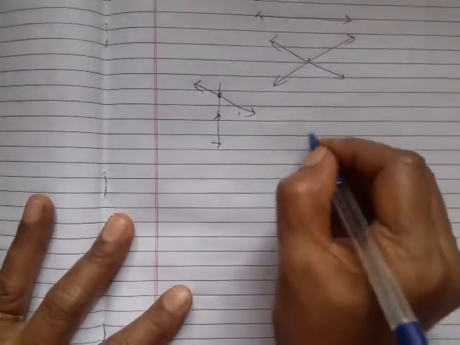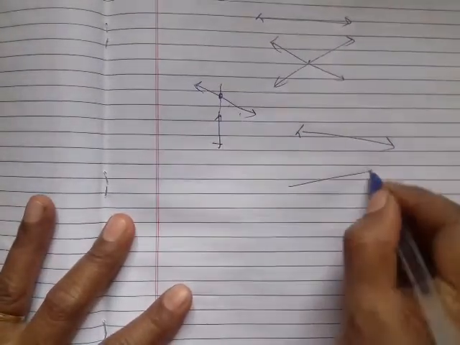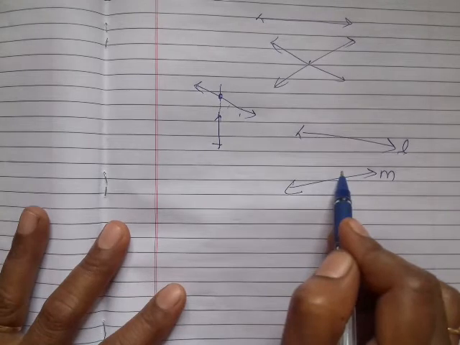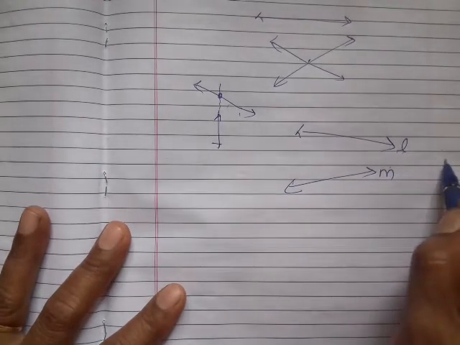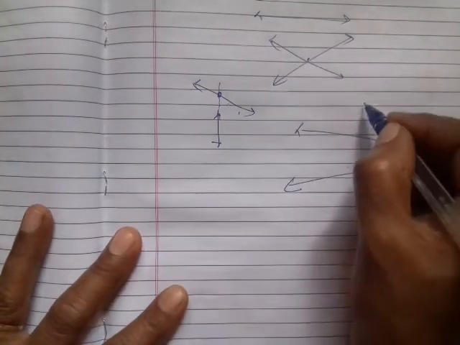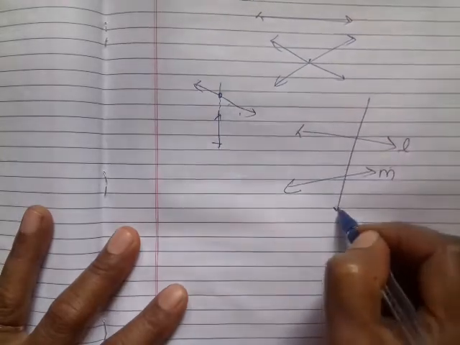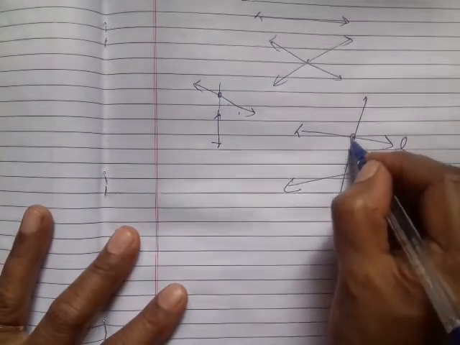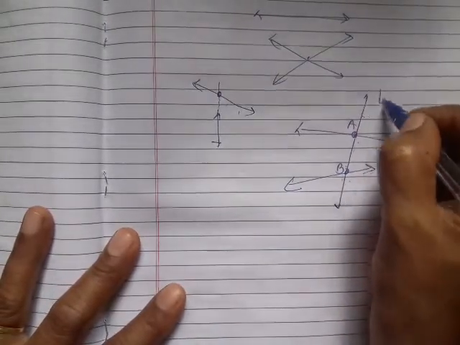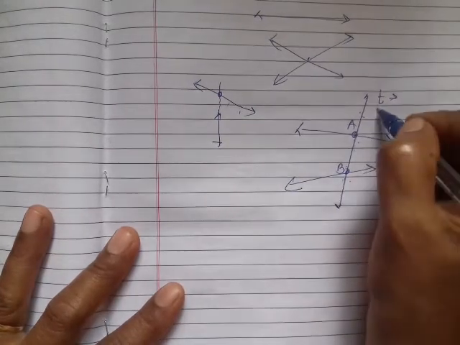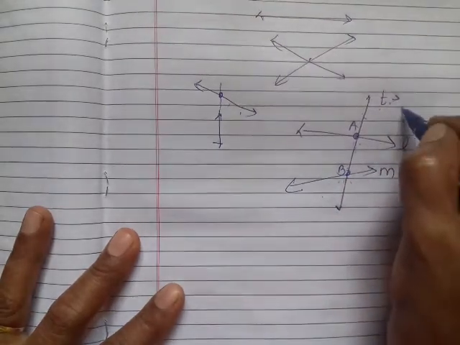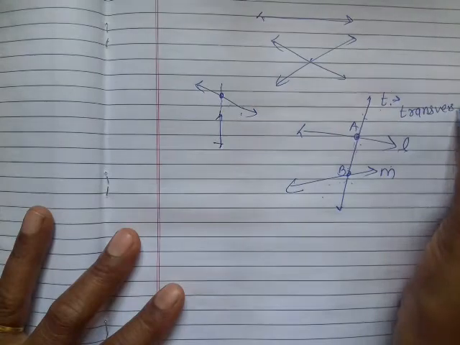Now what is meant by any two lines? Suppose I draw it this way, line L and line M. Now see, they are not parallel lines, because when I extend them they will intersect; they are intersecting lines. Then for any two lines, if a third line intersects these two lines in two distinct points, two distinct points means two different points, this line I will denote as line T. Then line T intersects lines L and M in two distinct points. Such a line is called a transversal.